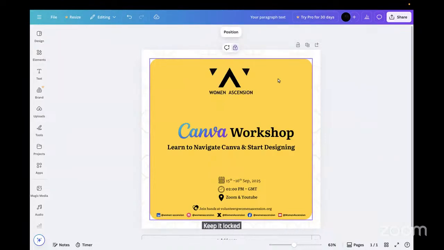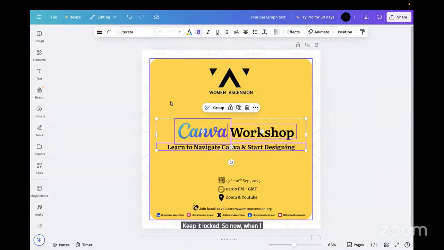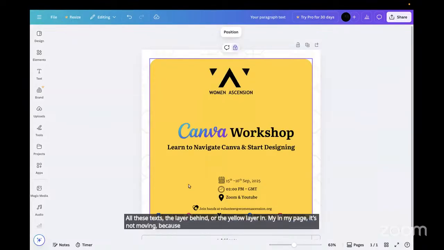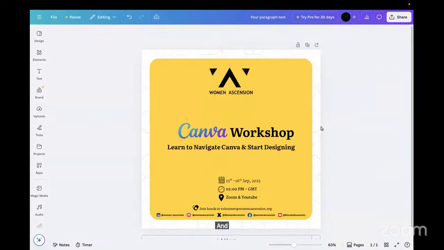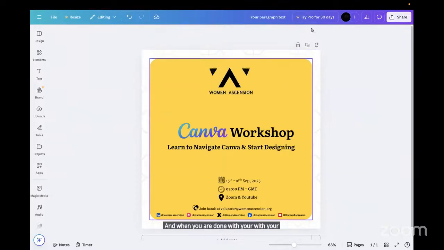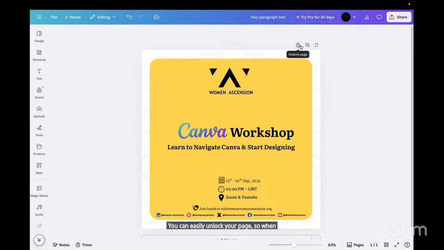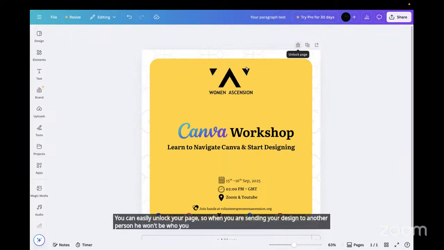So now when I am selecting all this text, the layer behind, or the yellow layer in my page, is not moving because it's locked. Okay. And when you are done with your design, you can easily lock your page. So when you are sending your design to another person, he or she won't be able to